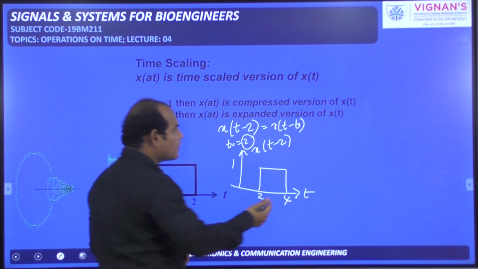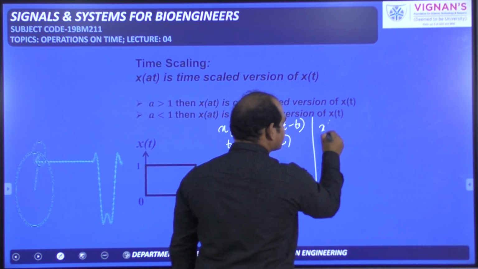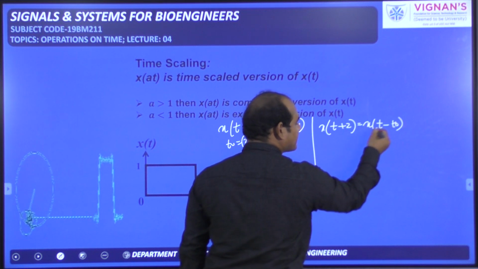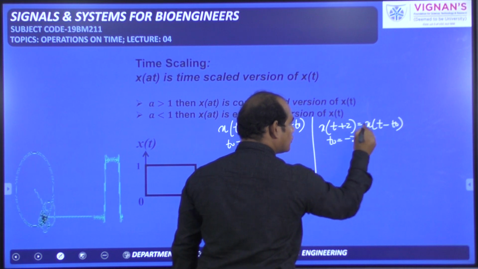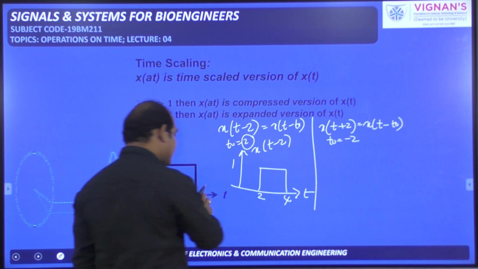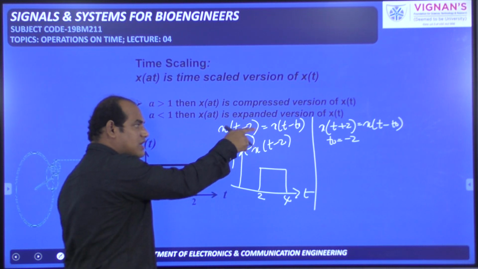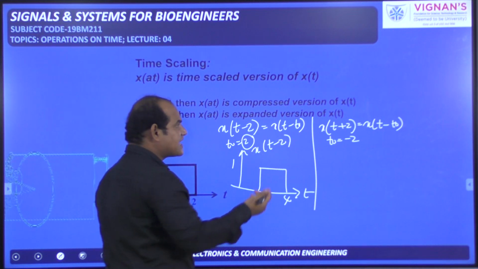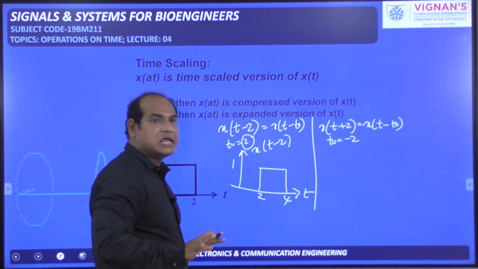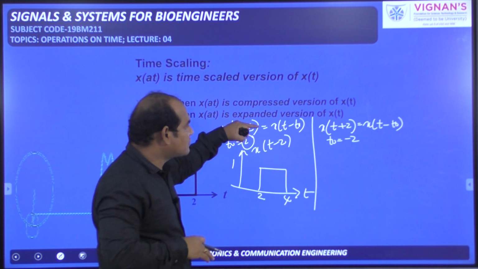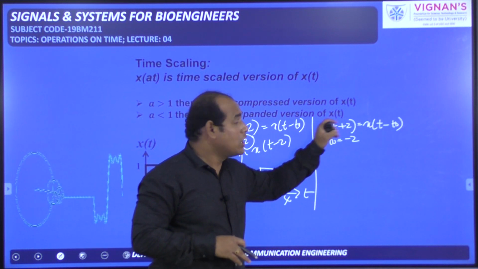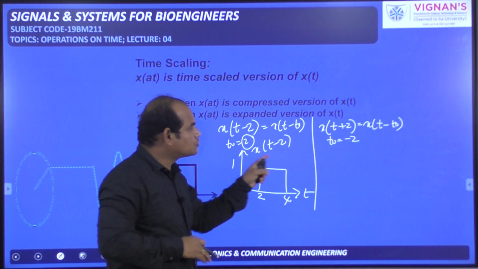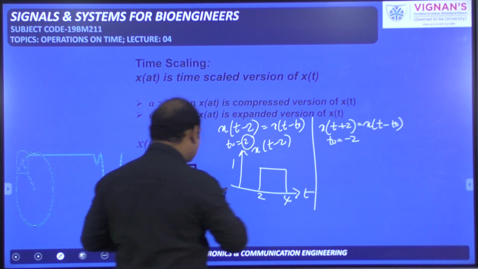That's it. Now I am going to draw x of t plus 2 also. Compare this one with the standard notation, that is x of t minus t naught, where we got t naught is equal to minus 2. Now you add this t naught value to the time axis. Don't confuse whether we need to add 2 or minus 2. You add the t naught value. Identify the t naught value by comparing with the standard one. Standard notation is x of t minus t naught only. Whether we need to draw x of t minus 2 or x of t plus 2, we need to compare with x of t minus t naught only. Get the value of t naught, whether it is 2 or minus 2. Add the t naught value to the time axis.